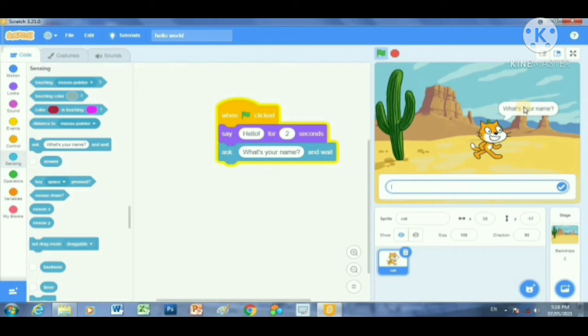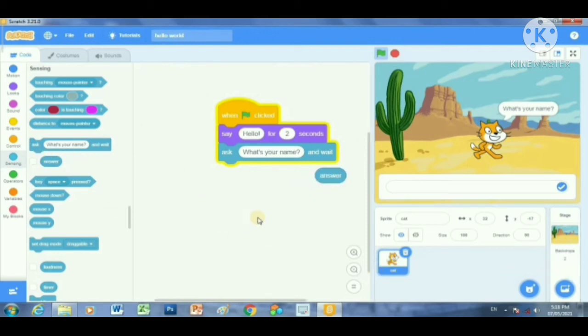Now nothing is going to happen until we put our name. But even when we put our name, nothing is going to happen because our program is going to end. Now after that, I want it to say hello and then the name of the user that it's going to store. So this answer block is not a variable, but it's pretty similar to a variable. This block is where our answer will be stored. A variable is like a drawer where you keep some information in a computer, and this answer is a drawer in your computer where you can keep something.